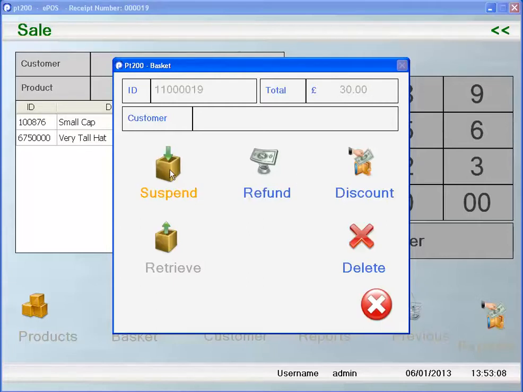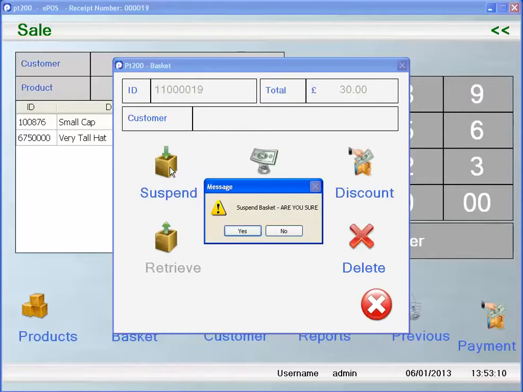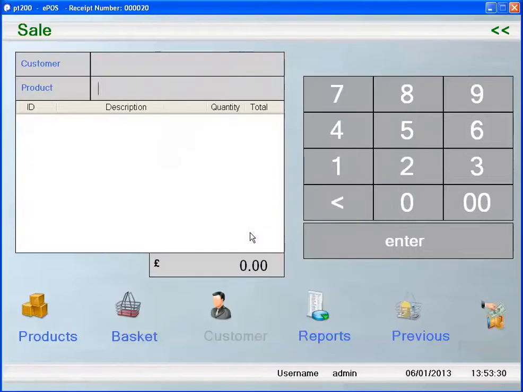So if we go ahead and suspend this basket, you'll be prompted to ask whether you're sure or not. So if we say yes. So this could be used if a customer decides to continue shopping, having already approached the checkout and decided they wish to buy some more items. You can suspend the basket here. So if we select suspend, and this then brings you back to an empty basket, you can then perform transactions